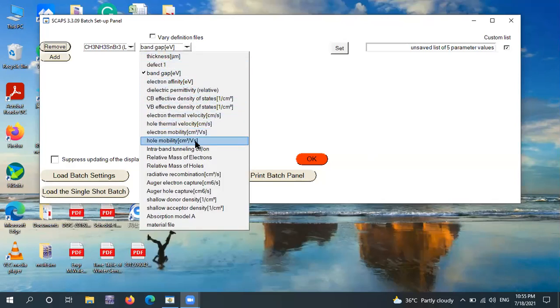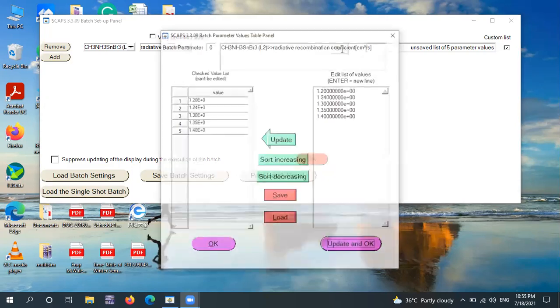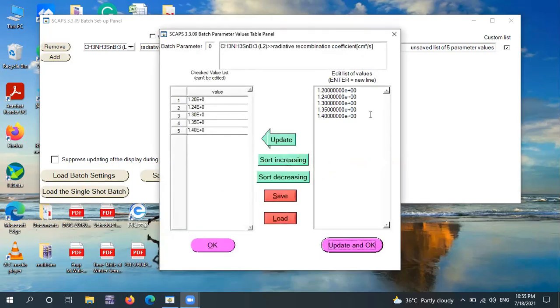I'm going to set my radiative recombination rate. I want to check the effect of the radiative recombination rate of the absorber layer over my performance parameters. So I need to set my values. Before setting my new values, I need to remove my previous ones.